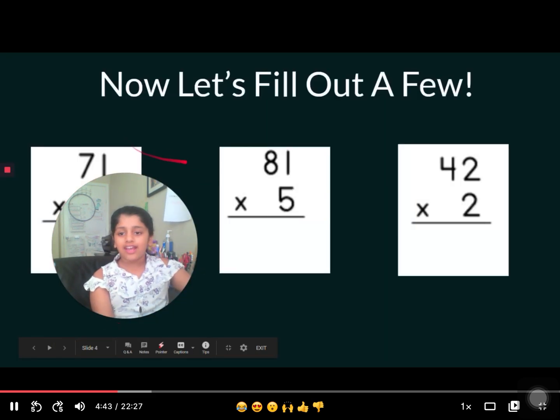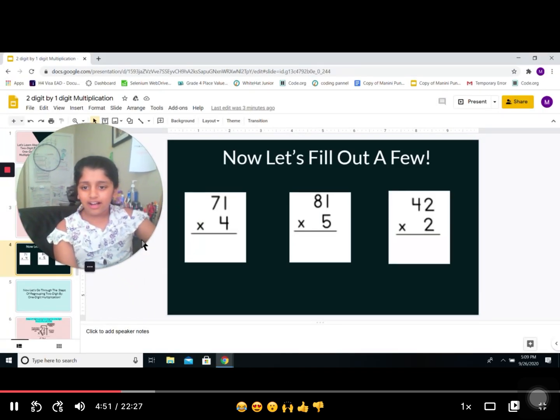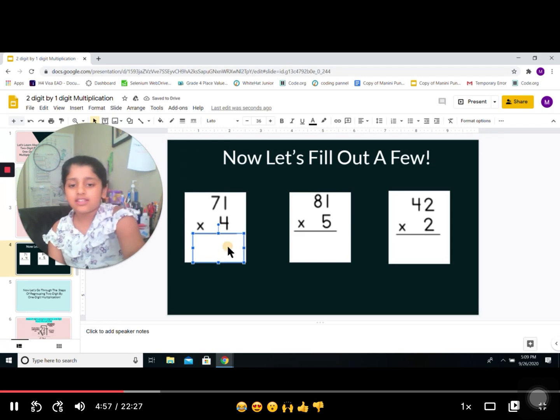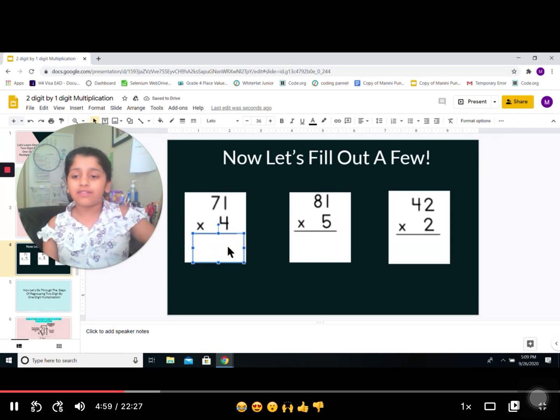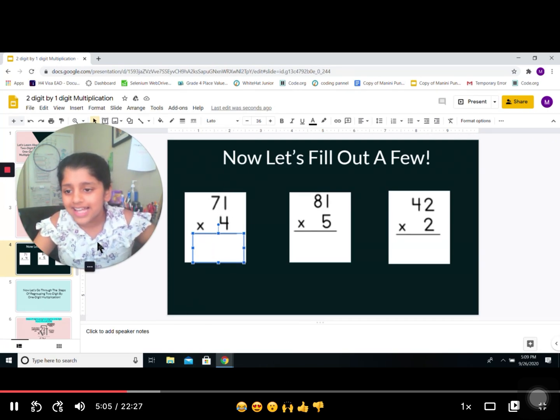Now let's fill out a few. So I'm gonna exit out of these slides and split out because we need to fill this out. So let's get started. First we would do 71 times 4. We know that the first thing we would do is multiply the ones place. So 1 times 4 is